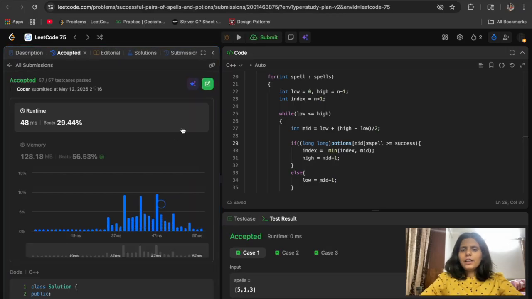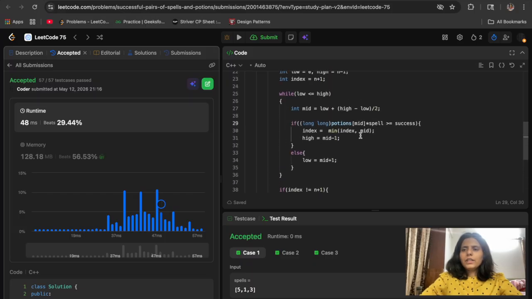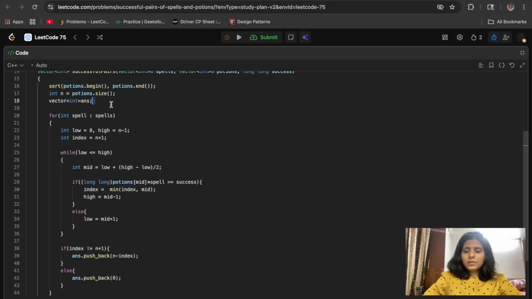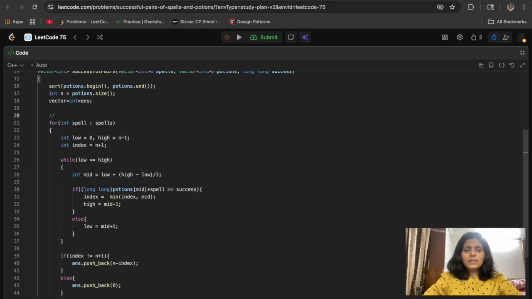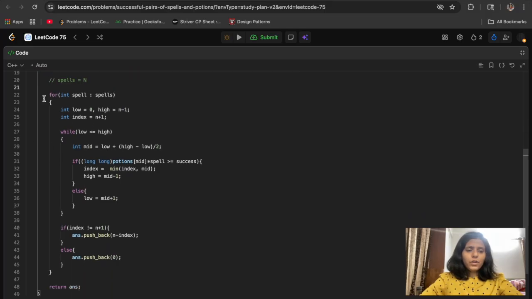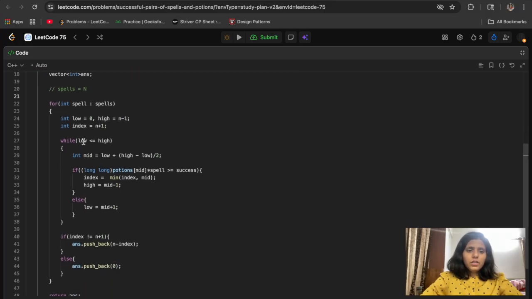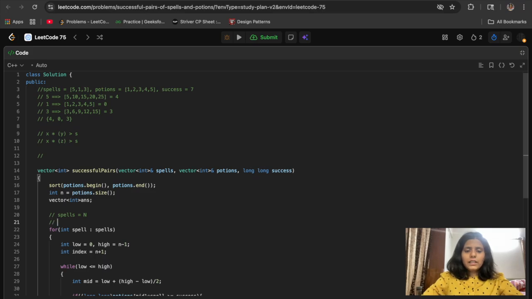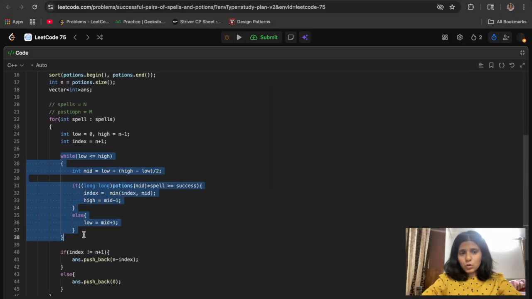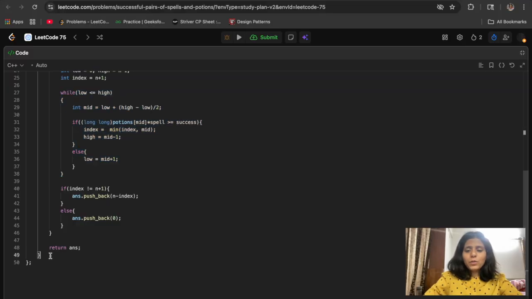So it is accepted. And what is the time complexity for this? As we can see here, if we have n spells, I'm saying spell size, bigger n, like capital N, this for loop will run n times. And if we have portion size capital M, then this binary search will run in log m base 2. So the overall time complexity will be